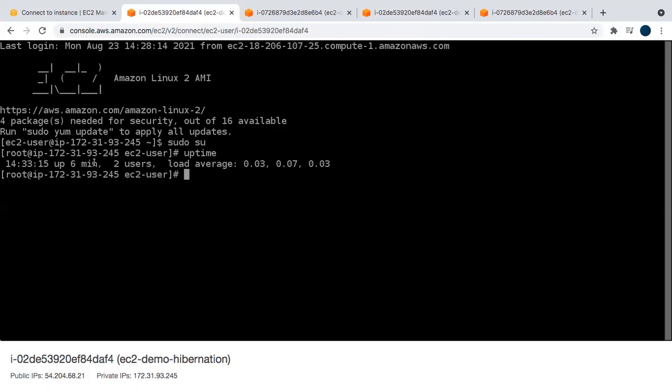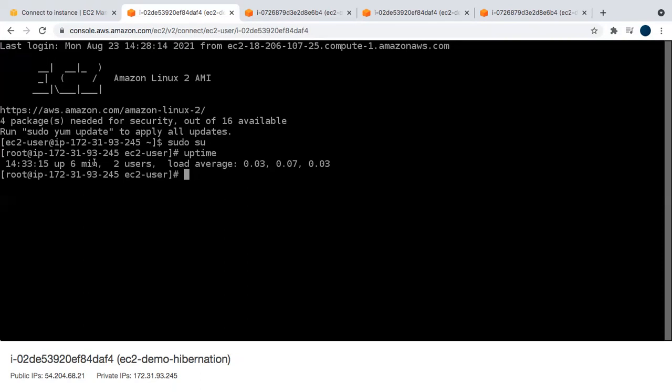So in this tutorial, we have seen stopping an EC2 instance with Hibernate and without Hibernate. To enable Hibernate, there are prerequisites. First, the root volume must be an encrypted EBS volume.